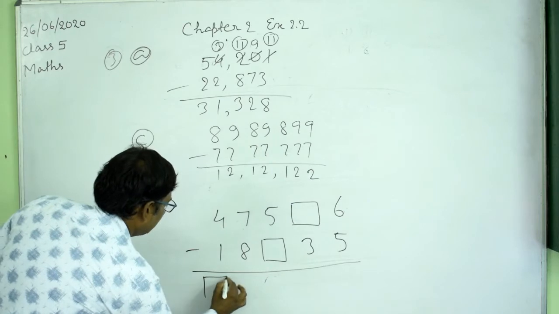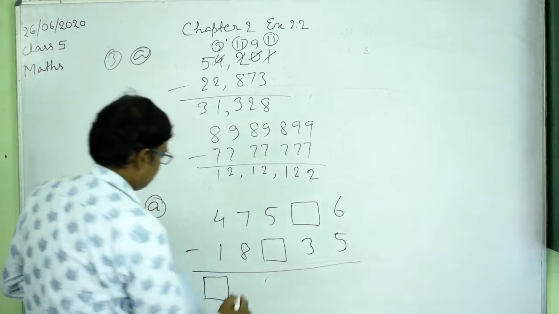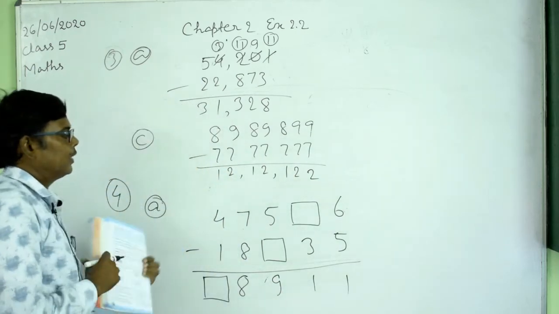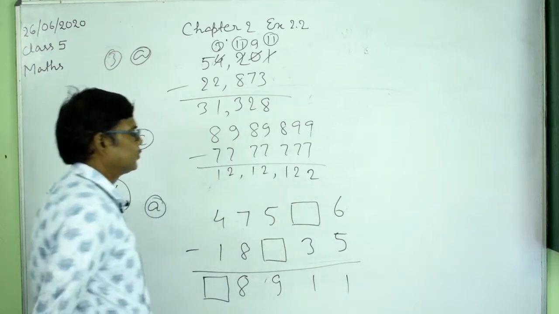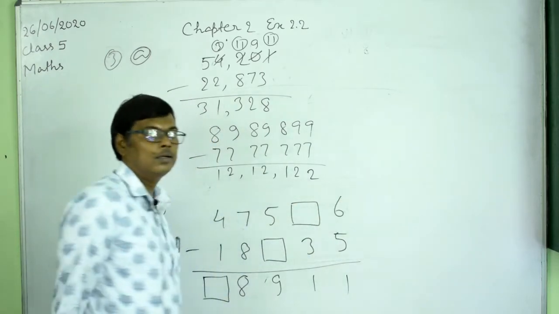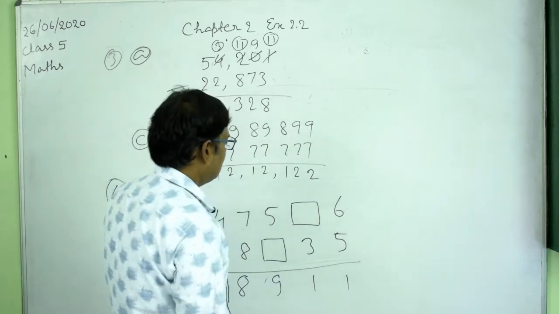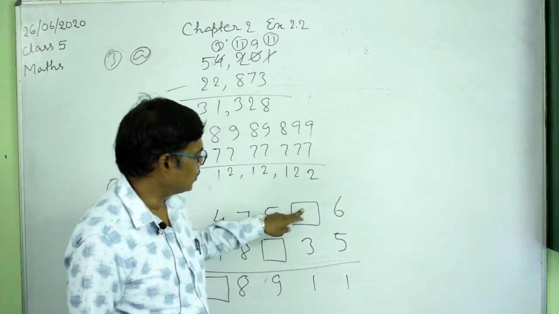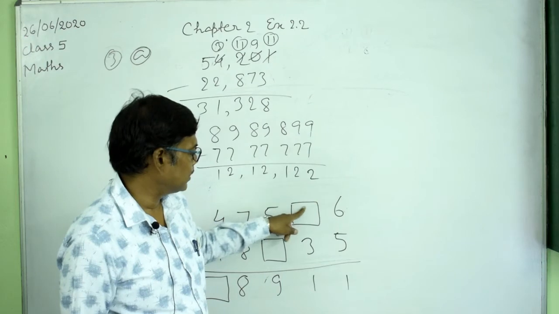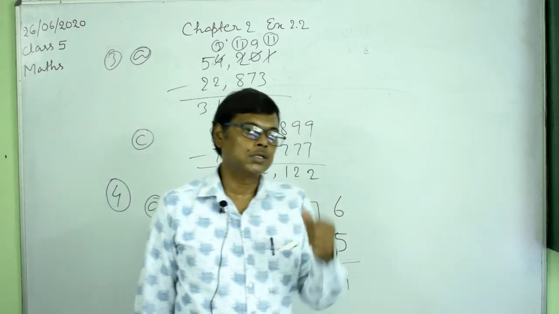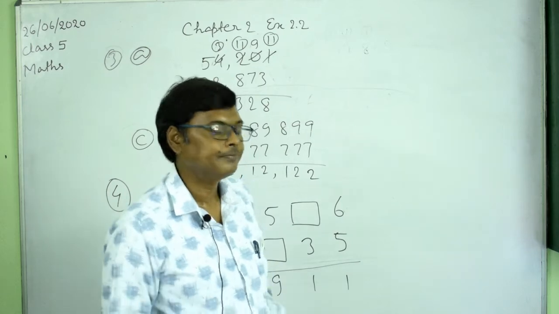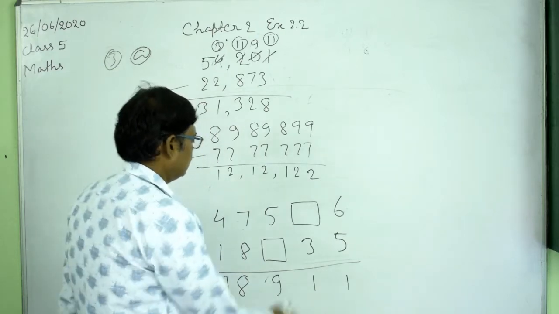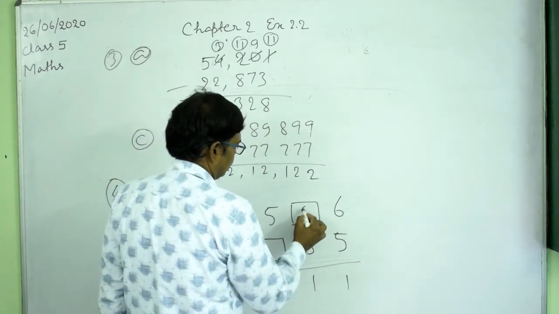And here again you have the box and 8911. So now let us find what will be the digit in this box. See here, 6 minus 5 is 1, that is correct. And next here it is 1. So now it is this box here. What number will you have here so that this minus this will be 1? Can you guess this number? This will actually be 4, because 4 minus 3 is 1. So here it will be 4 in this case, write 4 here.